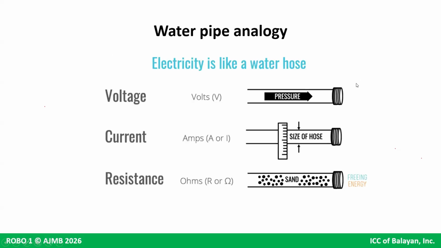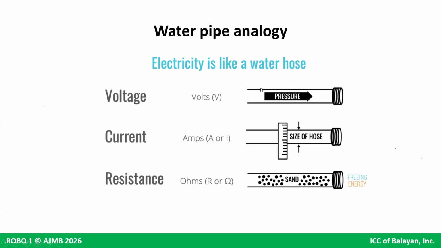So there are three important concepts that are involved when you talk about circuits and electricity. Here we have the voltage, the current, and the resistance. We won't elaborate on this very much, but these are the big three concepts when we talk about circuits, so we have to mention them. So voltage, this is something provided by your power source, like your battery. Miko said something about potential difference kanina. That's also another term for voltage.